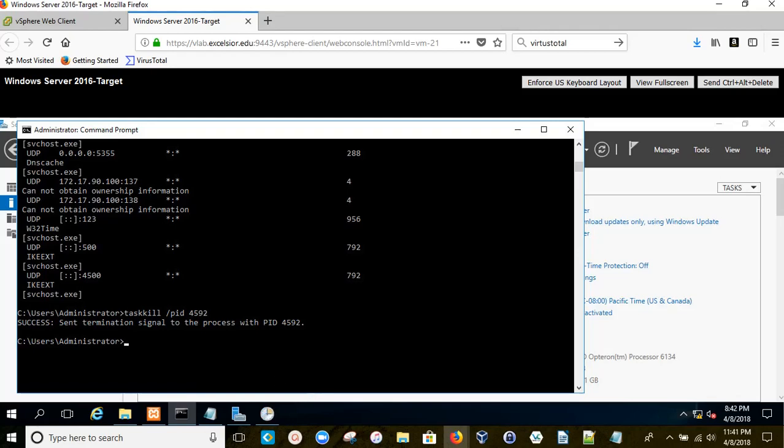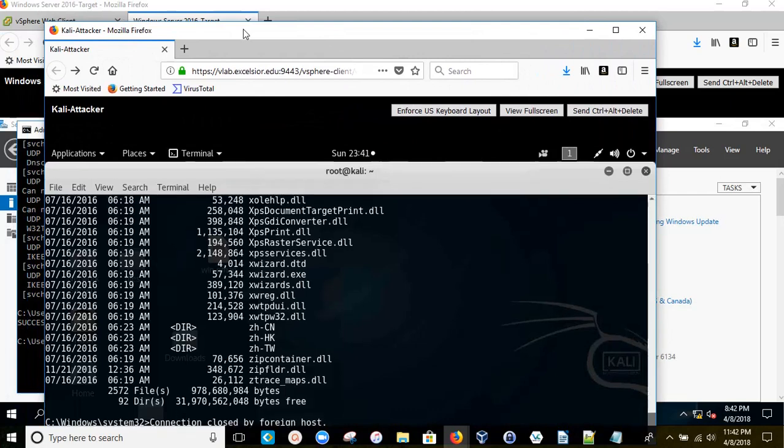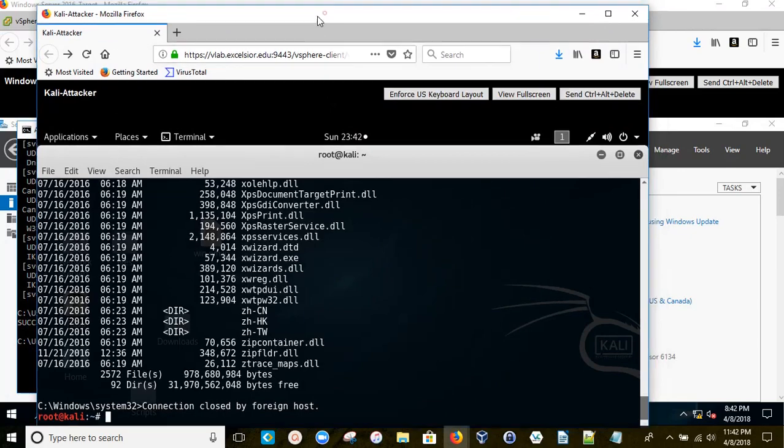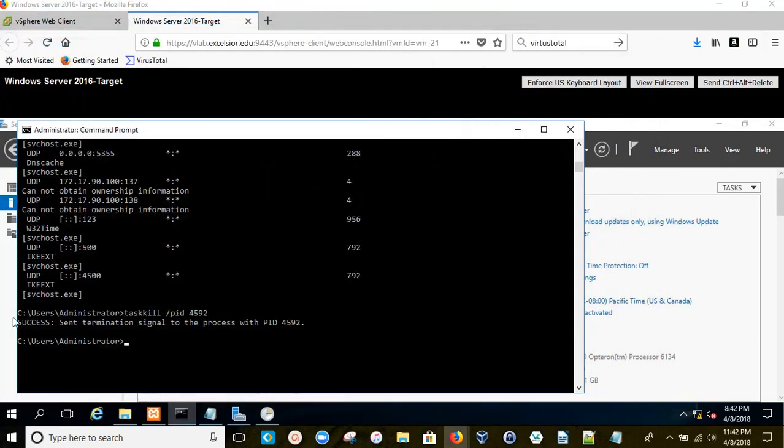And let's check our Kali. See if we can see what happened. Connection closed by foreign host. Done. So this doesn't remove it, but what we've essentially done is we terminated the connection. Okay. So something else we can do from here is